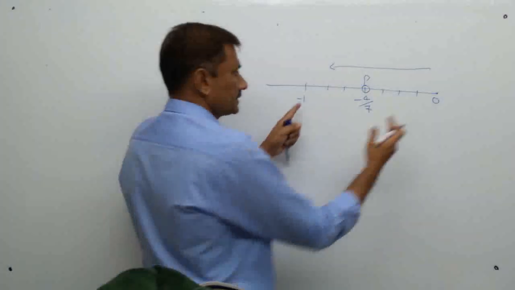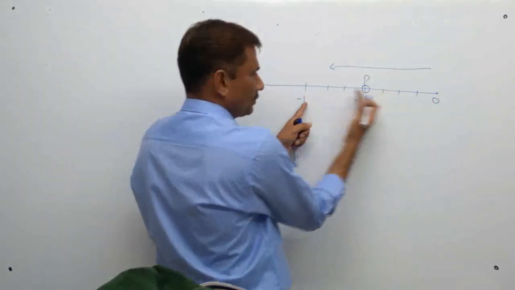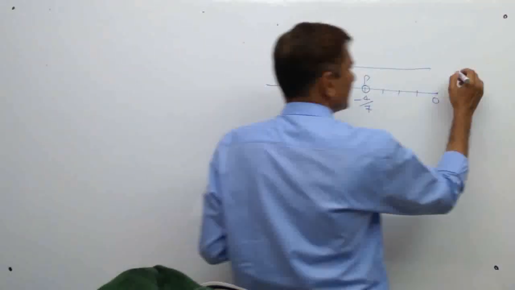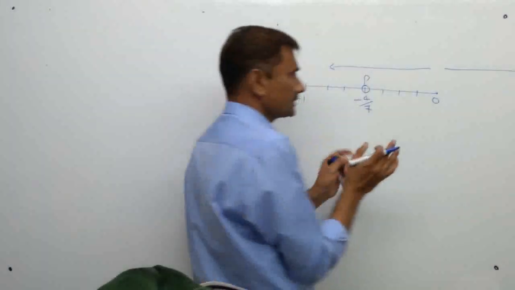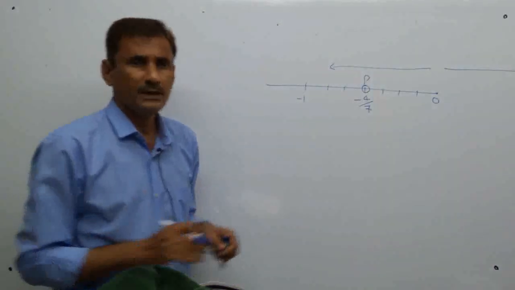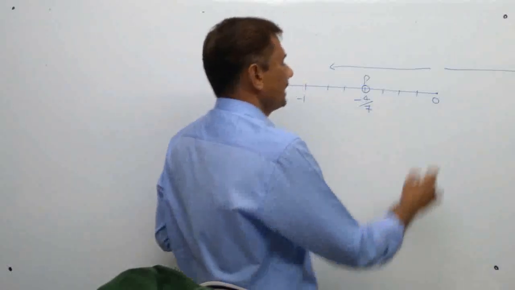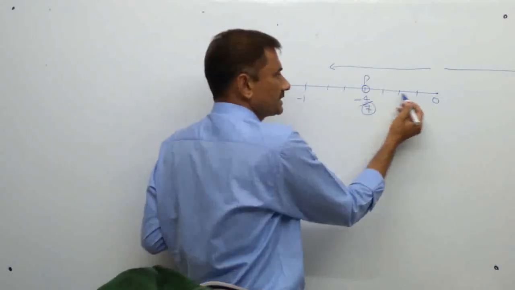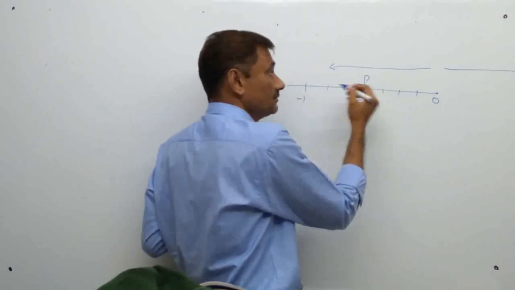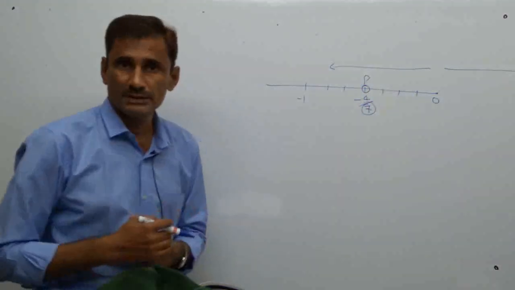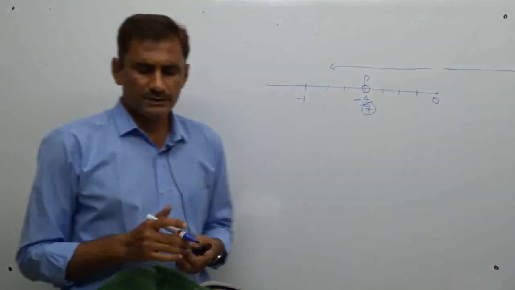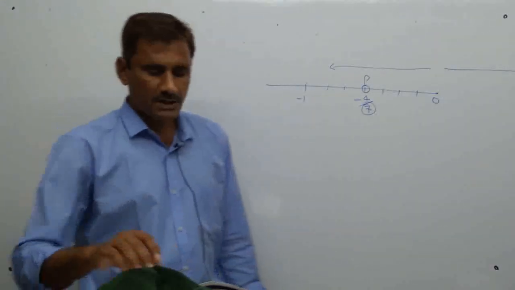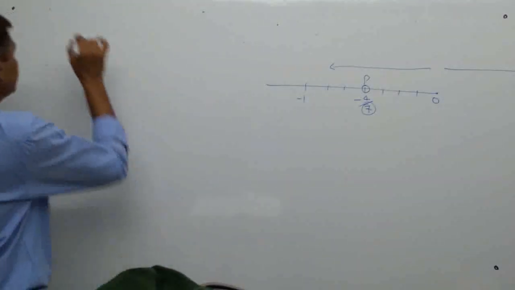How? First of all, from 0 onwards we have to go ahead. The negative direction is this way and the positive direction is this way, so we start from the middle and go to that side. Count how many gaps there are and write that in the denominator. Which number is the arrow point at? The fourth number. So minus 4 by 7. Very simple MCQ, and the same type of question is given in assignment 1.2.